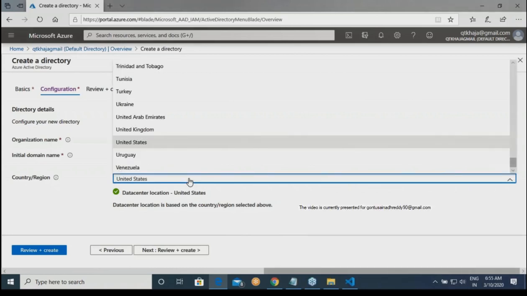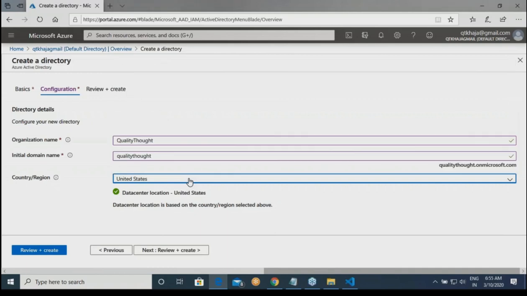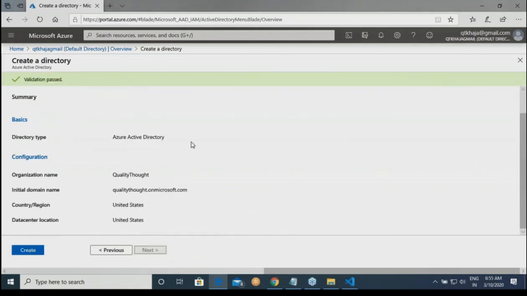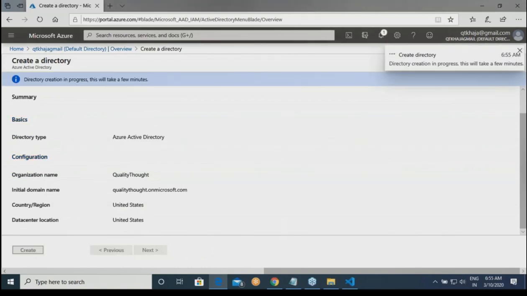So in which region do you want to create? Let me put it in United States itself, because I'll be using Central US all the time. So let me stick to that. Next it is asking, are these your Active Directory settings? Yes, these are. And I'll click on create. For you, you need not do this activity because your Active Directory is new. You have never connected AD Connect till now. That's the reason you don't need to.